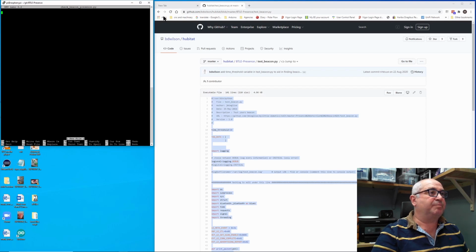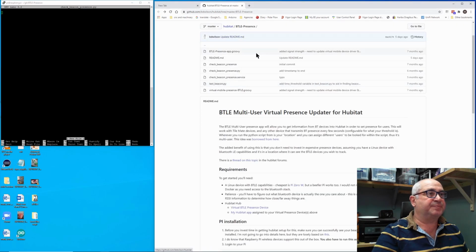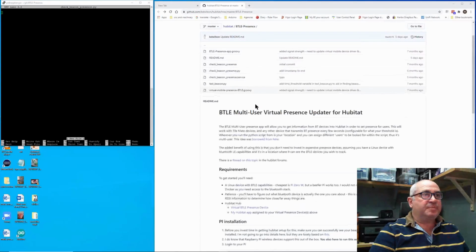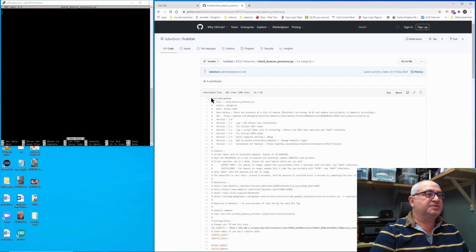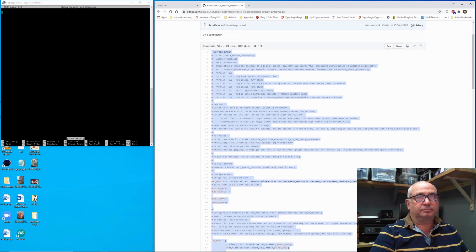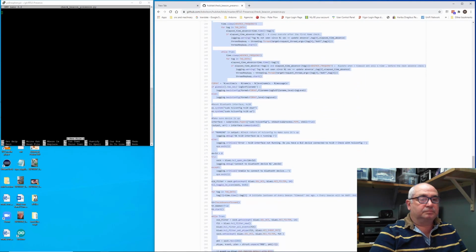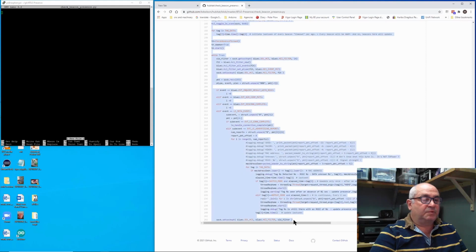Then if you come back to the web page where all of Brian's software is, right, we've got our text editor open in the Raspberry Pi. We need to make some mods to this file here. So this is the one we're going to be loading up next. Check beacon presence .py matches up with that now. So open it up, select it all, okay. Once you've got it,